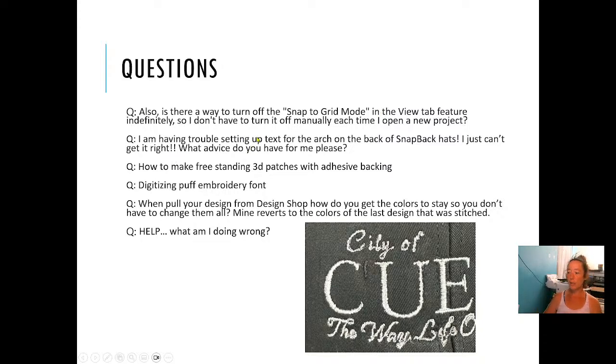I'm having trouble setting up text for the arch on the back of snapback hats. I just can't get it right. What advice do you have for me? So my favorite way to do complex shapes of any sort